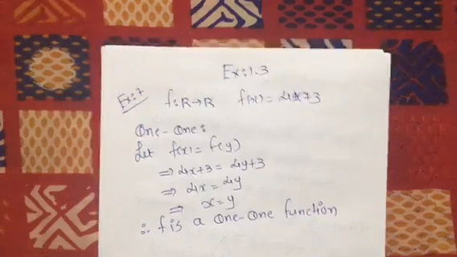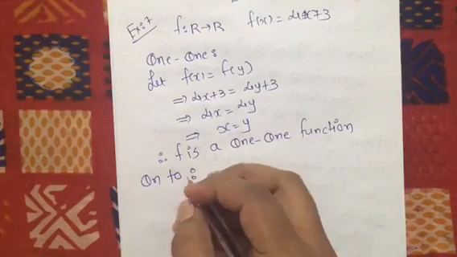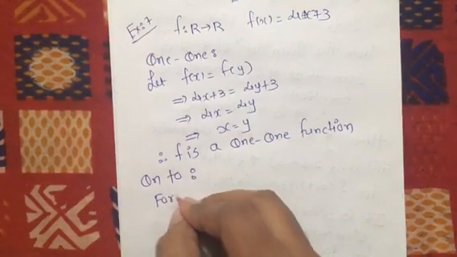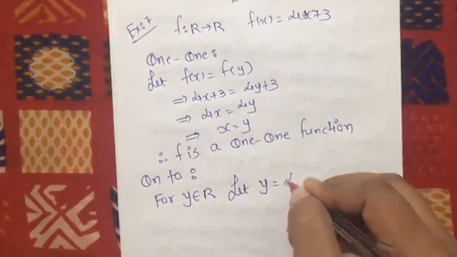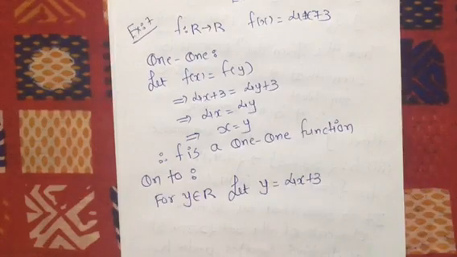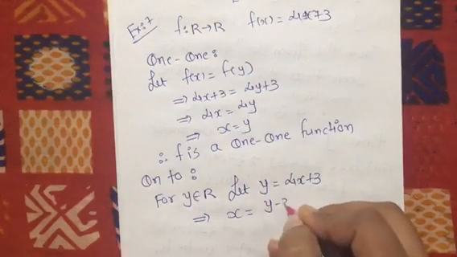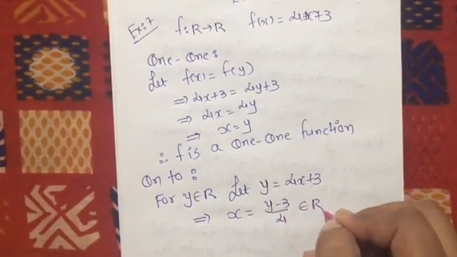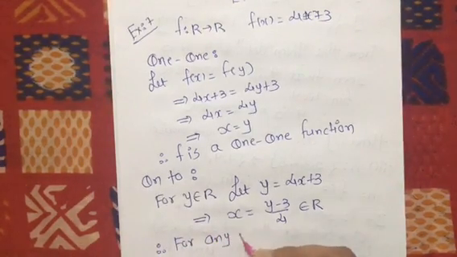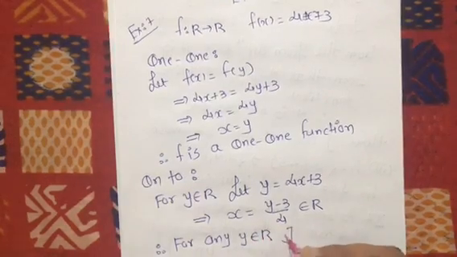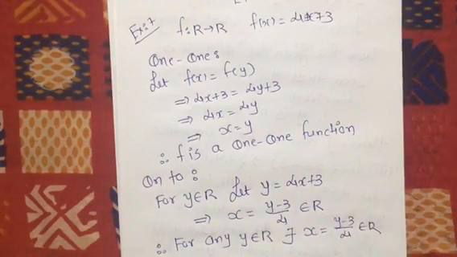Now we have to prove that it is onto. So for onto, we take a particular value. For y belongs to R, let y equals 4x plus 3, and we have a pre-image x equals (y minus 3) divided by 4, which belongs to R. Therefore for any y belongs to R, there exists x equals (y minus 3) divided by 4 belongs to R, such that